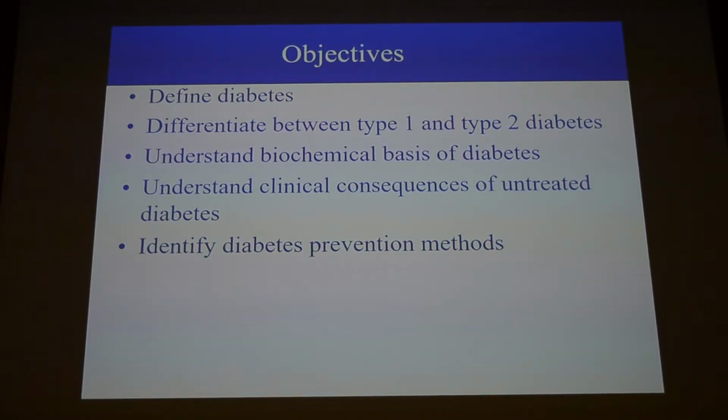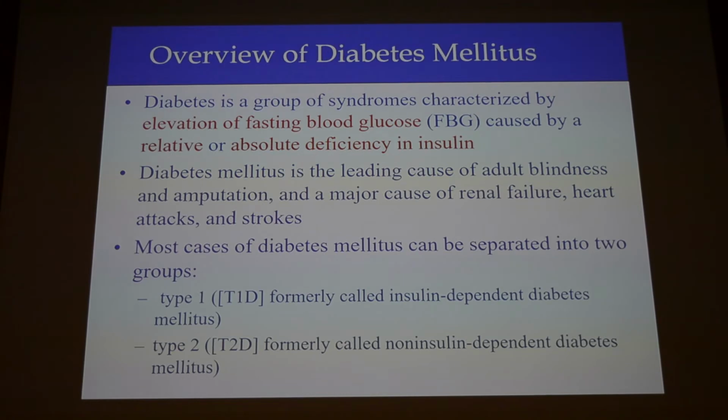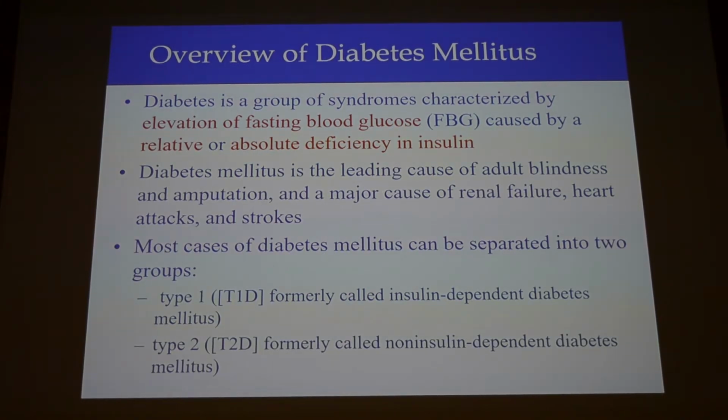Diabetes from the biochemical point of view, not from clinical. We have to mention the clinical side, but mostly we're going to concentrate on the metabolism in diabetes. What happens to the metabolism when a person has diabetes? If we want to define diabetes in general, what is the definition?